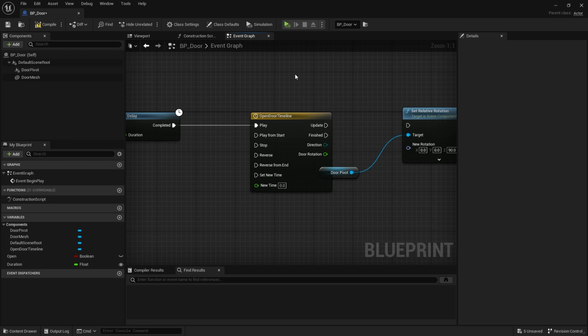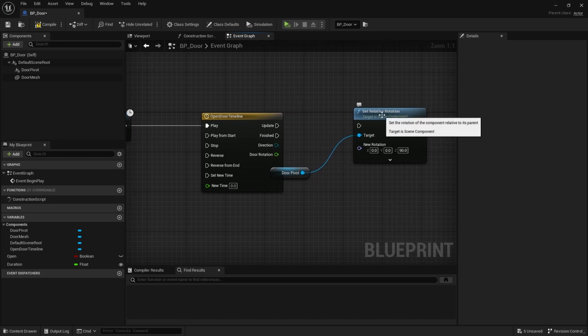Then afterwards, I can go ahead and attach this to my relative rotation. Now, there are two pins to drag off from here, update and finished. The update pin will send a signal down the line every single frame that this is running for. Whereas the finish